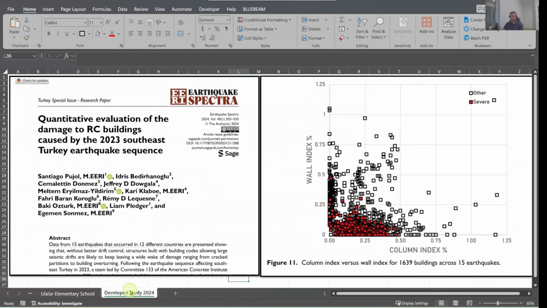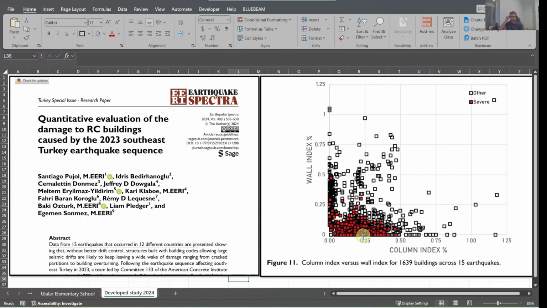All right. As I mentioned earlier, this method has recently been extended to include a larger data set of buildings. If we look at figure 11 in the paper, it provides us with a very practical plot. What's interesting is that these 1,600 buildings were designed and constructed according to the building codes of 12 different countries. Despite the huge diversity in the buildings, codes, and soil types, this plot clearly shows that if the wall index is less than 0.2% and the column index is less than 0.5%, the building is highly likely to experience severe